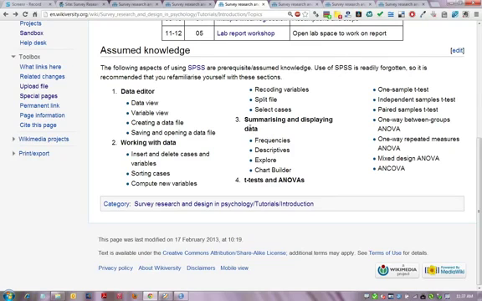You should be familiar with univariate approaches to descriptive statistics and graphing. In particular, the frequencies function, descriptives, explore, and using the chart builder to manipulate graphs towards APA style. And it's also assumed that you've covered